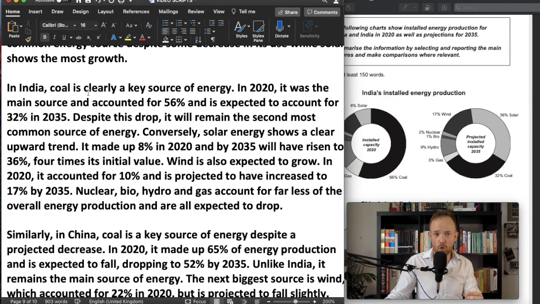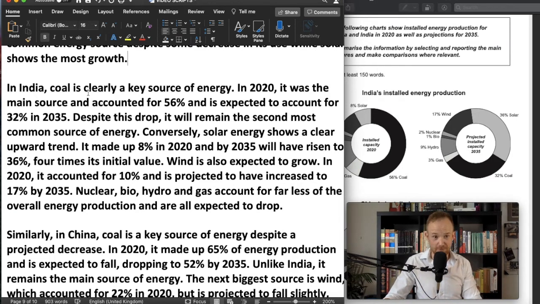In India, coal is clearly a key source of energy, so I've got that in there. Note the use of the present simple. Since I'm talking about both the past and the future, when I'm talking about them together, I will use the present tense. Is, looks,